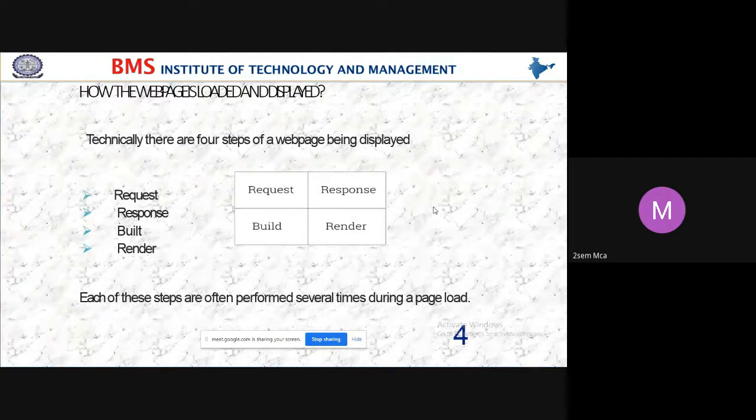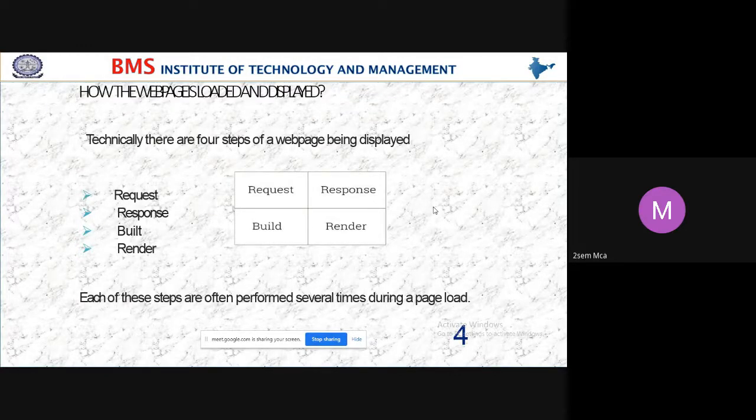So here in this DOM, here is how the web pages are loaded and displayed. Technically, there are 4 steps of a web page being displayed.